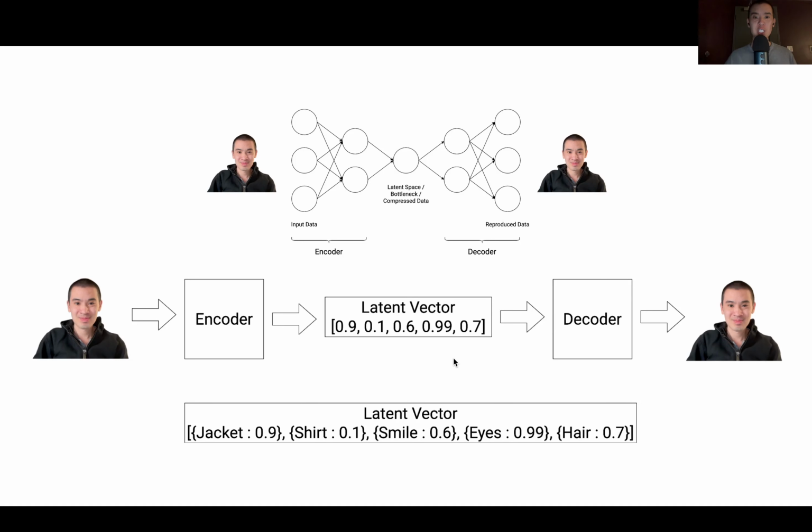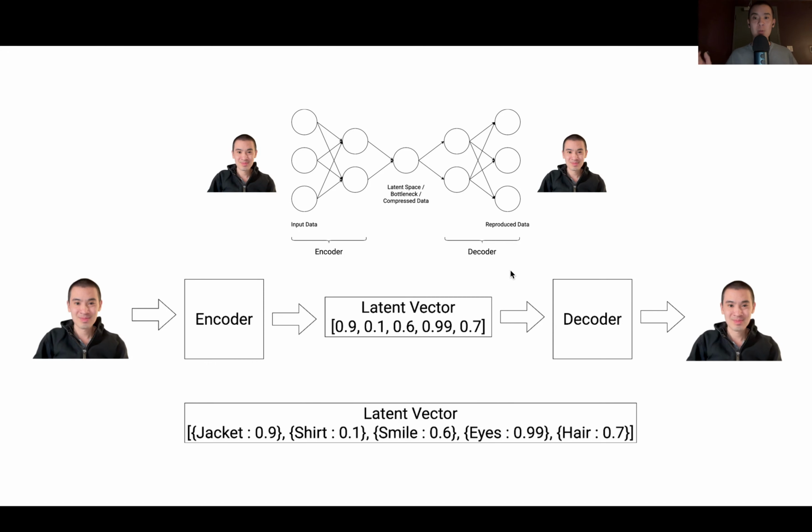Now let's start changing our diagram a bit. For the encoder part, we'll just use a square with the word encoder in it, and for decoder, we'll do the same. And for the compressed data, we'll represent that with a latent vector, which is like a vector or an array of numbers. And the decoder uses this array of numbers to hopefully reconstruct the input image that was